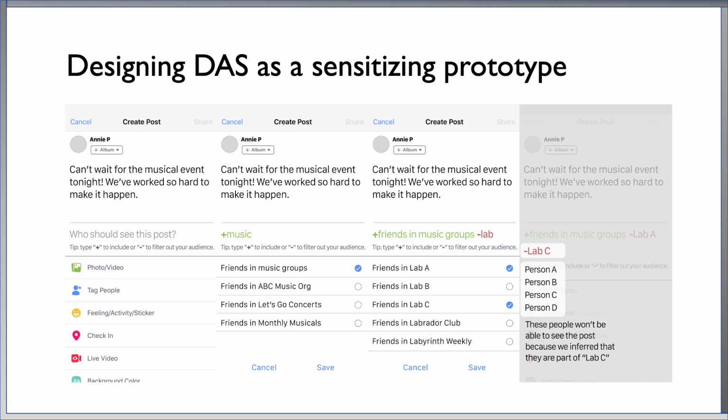Finally, users can click on the audience categories generated by DAS to view who among their friends were predicted to belong to a specific constraint. And at this point, they can make any changes that the algorithm missed. And once they're happy with the audience selection, users can go ahead and post.